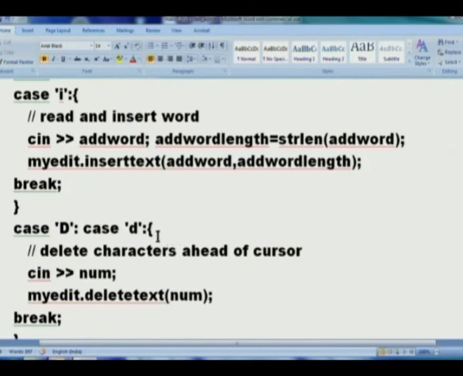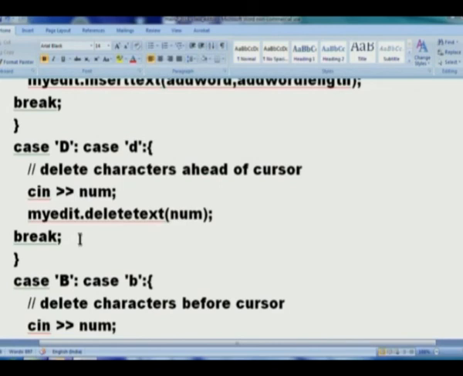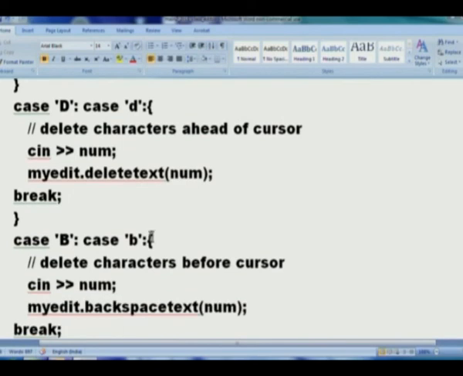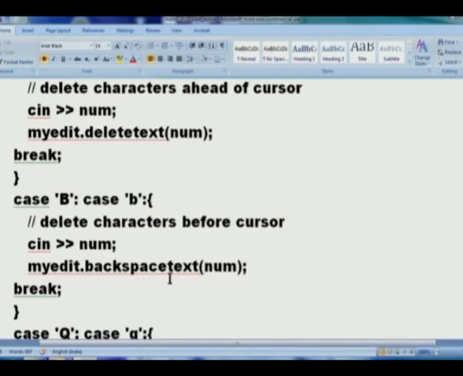Similarly for D, in case of delete, I have to read a number of characters to be deleted. I will invoke my edit.delete text. Similarly, in case of backspace, if someone says B or b, delete characters before cursor, I'll read a number, edit.backspace. Agreed? So, you see the main program becomes pretty simple now because of the way I have defined my interface functions.